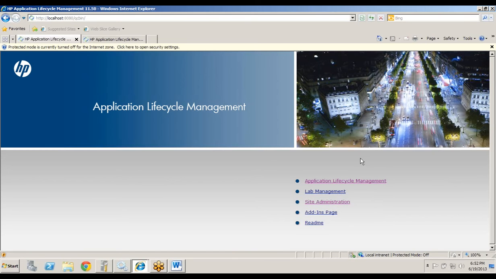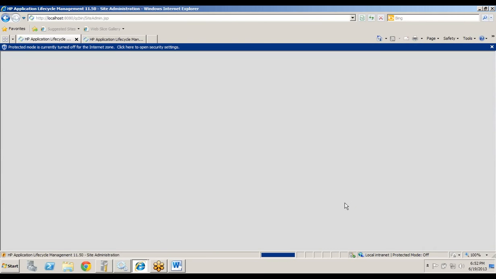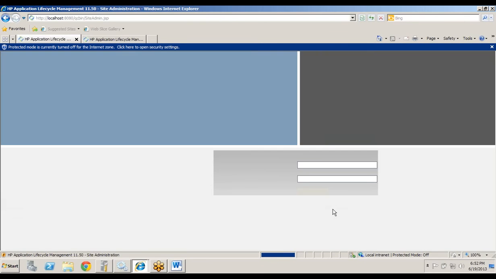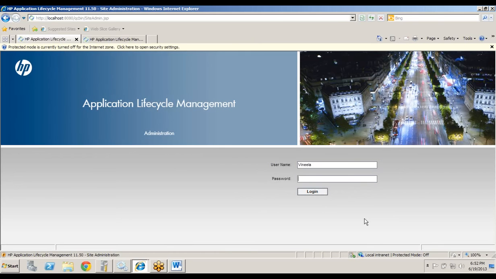Okay, he can create the domains, he can create projects, he can create users also, and can assign the user roles to any project. Okay, the person who logs in into this application lifecycle management with admin credentials, at that time he will not be able to do anything. He will not be able to create the domains or users in this one. Only in the site part will he be able to create the domains, projects, and users, and you can assign the users to the projects.